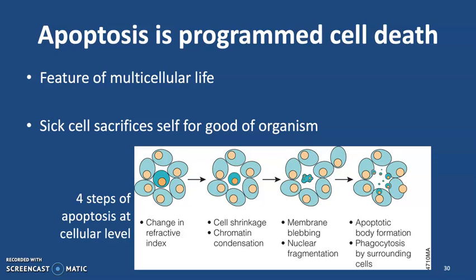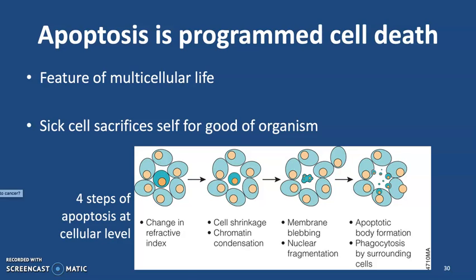If you're looking at this under the microscope, you'll see 4 basic steps. The first thing is that the cell will actually look different. It will look a little darker than the cells surrounding it. That's the 6th cell in the center. Next up, we have shrinkage, so it shrinks. The chromatin also condenses. Then the membrane basically looks like it's boiling, so it starts blebbing, and the nucleus actually starts falling apart into pieces. And then finally, the cell just starts breaking apart into all these little things that look like bubbles. And the cells that are still healthy eat up the bubbles, or the little pieces of cell actually, by phagocytosis, and they reuse all the parts.